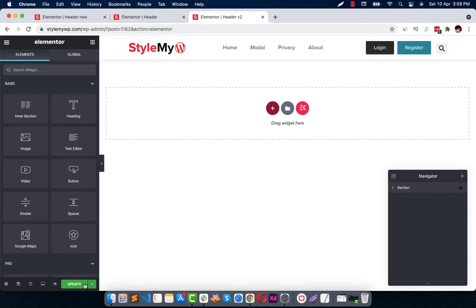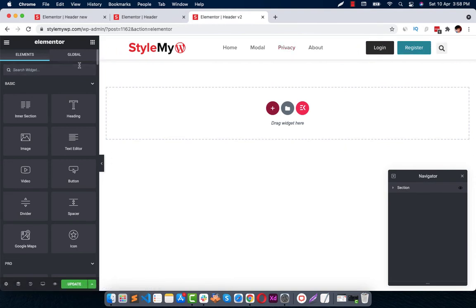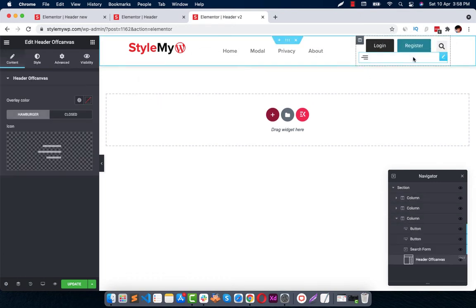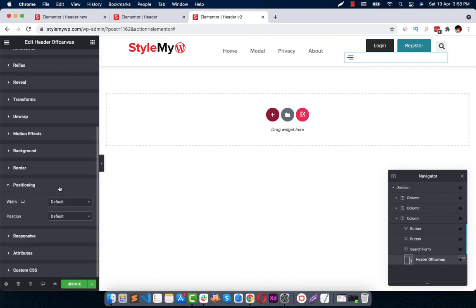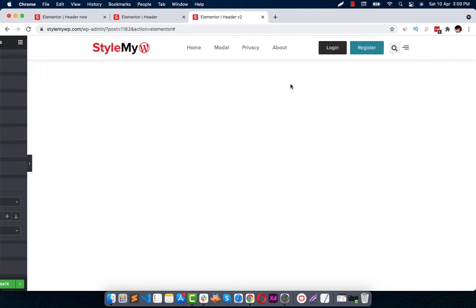Now we can simply use all the extensions, like off canvas from Elements Kit. Here you can bring it here, and you can also keep this to inline. Okay, so it's looking good now, right?